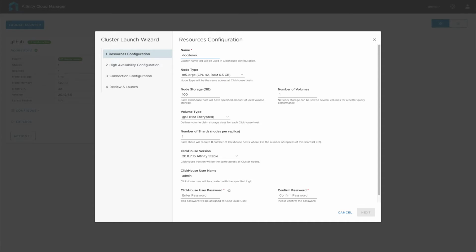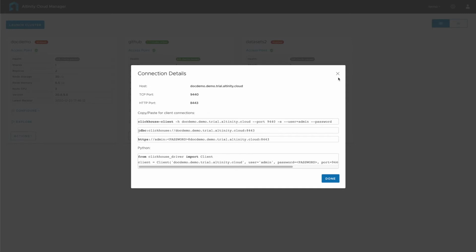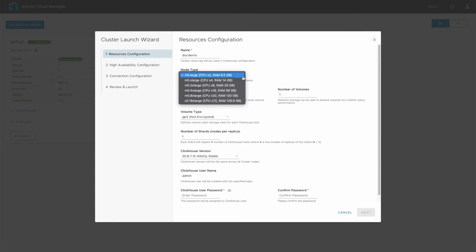The cluster name must be DNS compliant. Alphanumeric characters, can't start with a number, and no special characters either, no question marks or tildes or anything like that. The cluster name is used as part of the host name for our cluster. This way, you can connect to it remotely via the host name. Next up is the node type. This sets the number of processors and the RAM for each node.